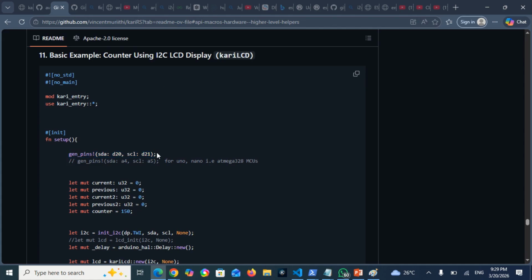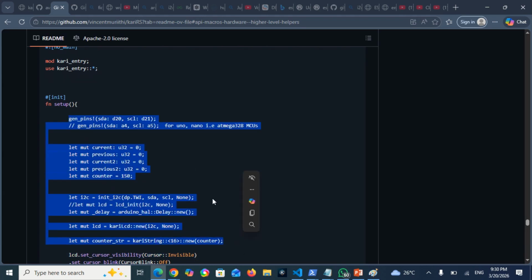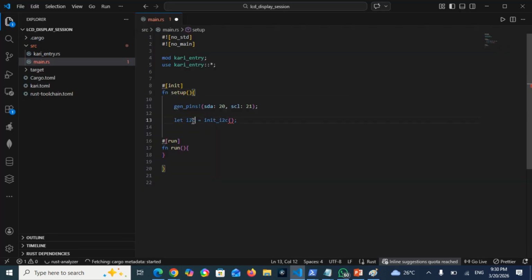After you do the gen pins, you initialize the init I2C, and so that you can get the I2C instance. All this is done before we initialize our kariLcd. So basically, most of what we'll be doing at the beginning of the initialization will be equivalent to what's given here in the examples. So we have the let I2C, so we'll do the initialization of I2C,